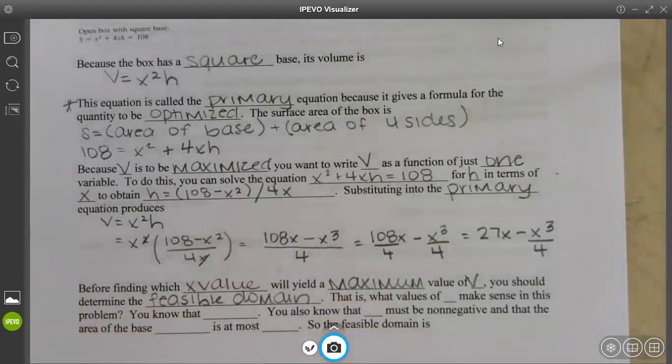So if we're talking about volume of a box, what's the littlest volume you could have? 0. And then the highest is going to be based on what you can fit in there, right? Does everybody understand that? So our feasible domain, that is what values of x make sense in the problem,